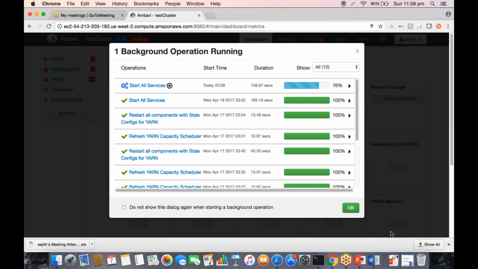We have already integrated it with LDAP. So if we integrate it with Kerberos also, what functionality would be provided by LDAP and what by Kerberos? With LDAP, you make sure which users are able to access your cluster.